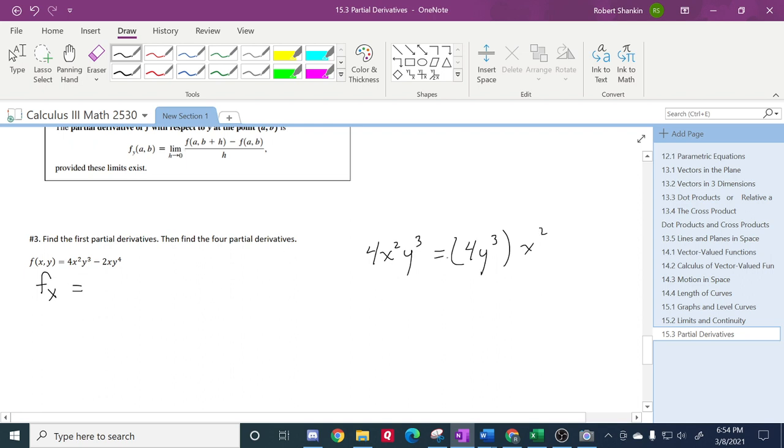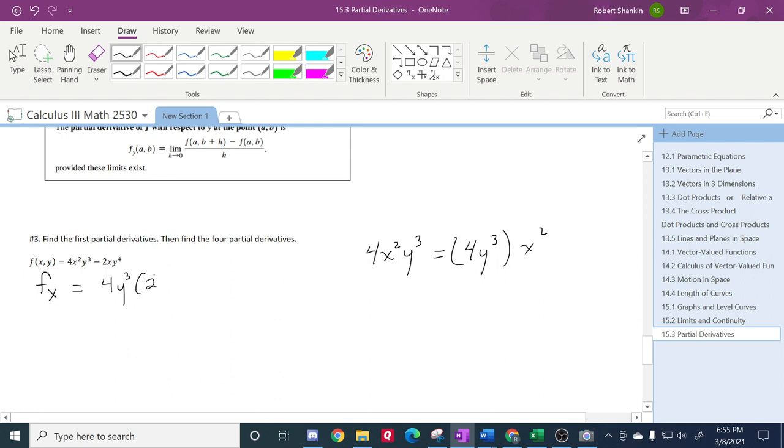From this viewpoint, the y cubed is just like the 4. You treat it as if it were a constant. And so this part, the 4y cubed, just stays out front, and you just take the derivative of the x squared, and that's going to give you